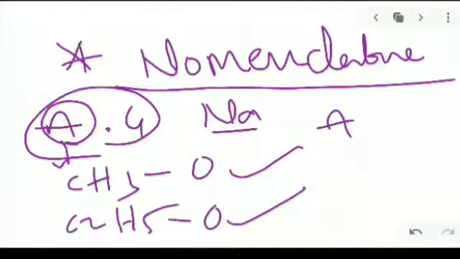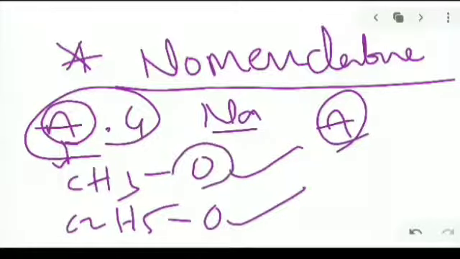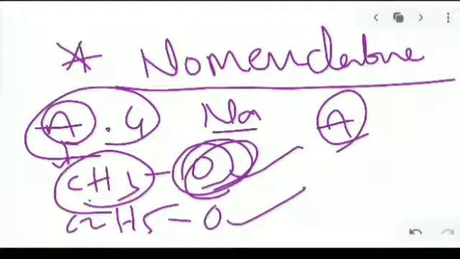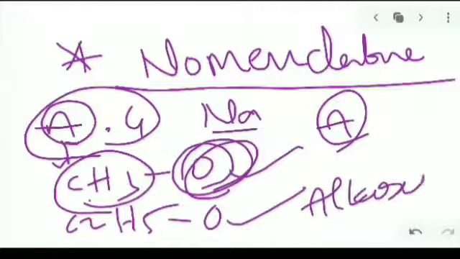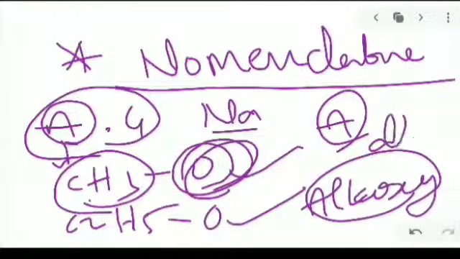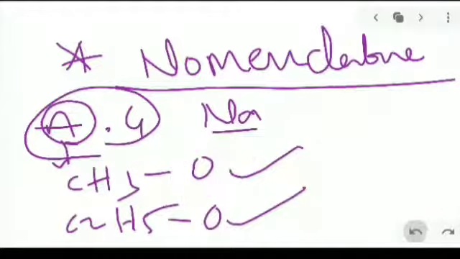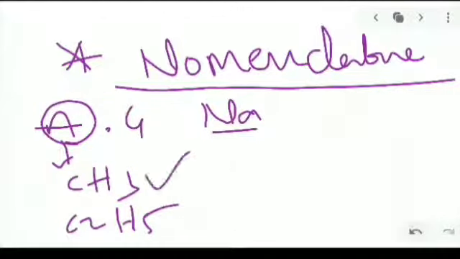Another name for ether is alkoxy alkane. Because the alkyl group is attached to oxygen, it is called alkoxy, and the other part is the alkane group, so that is why you call it alkoxy alkane. This is about the nomenclature of ethers. The groups involved are the methyl group, ethyl group, and isopropyl.